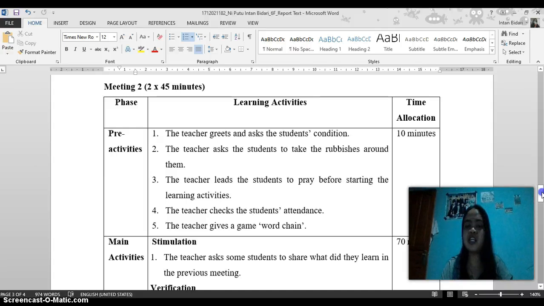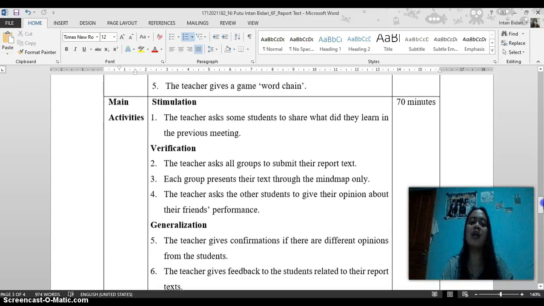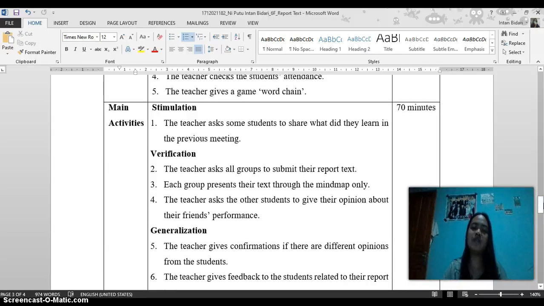the difference here is the teacher gives a game. The name of the game is word chain. The game here is like this. The teacher divides the class into two big groups, and then also divides the whiteboard into two by making a line using the